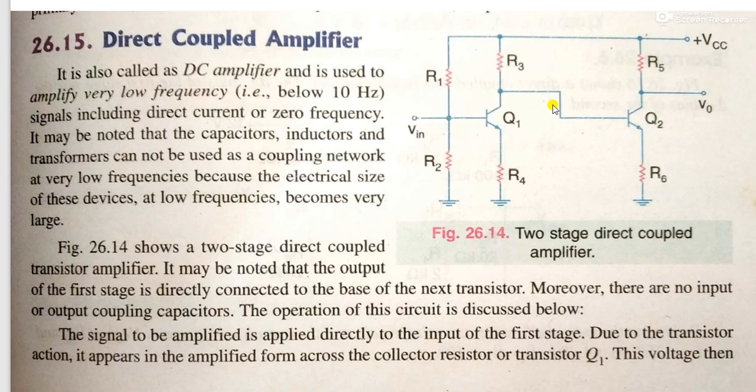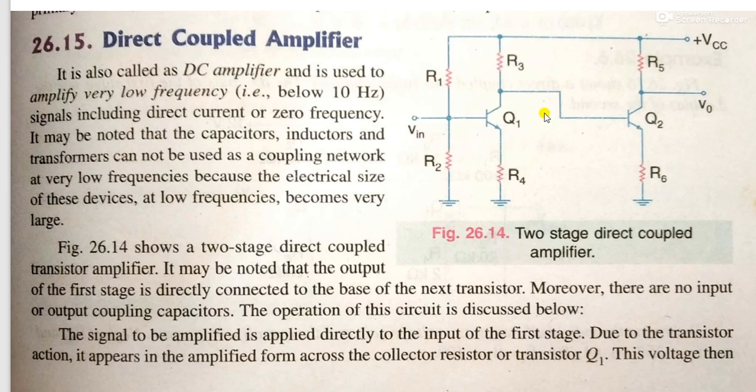As we saw in an RC amplifier, there is RC, RE and CC. These three elements make a coupling network, particularly CC, which is called the coupling capacitor. But here there is no use of a capacitor to connect the input of the first stage to the second